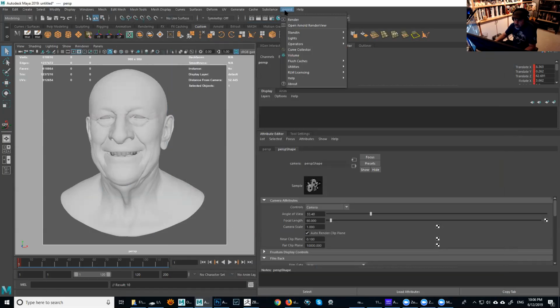And the other options under Arnold here, the next one is the lights you're gonna look at. So they have area lights, a sky dome light, which is the one we use for the HDRI. They have mesh light, which is very useful. For example, if you want to create an unusual shape, you can create an area light that looks like an octagon, right? So you create a cylinder like a regular object, chop just the bottom off with the 8 sides, and then you have an octagon, and then you can just assign that object and transform it into a light, and then you can basically have any shapes, right?